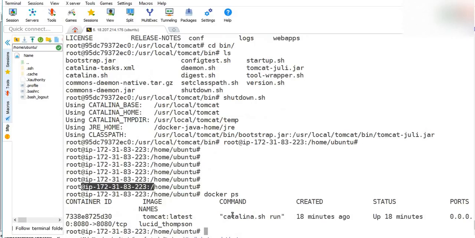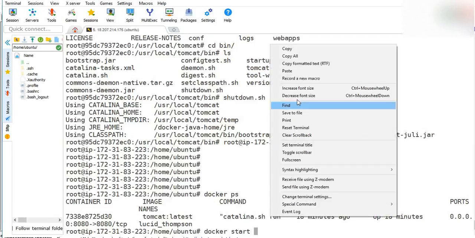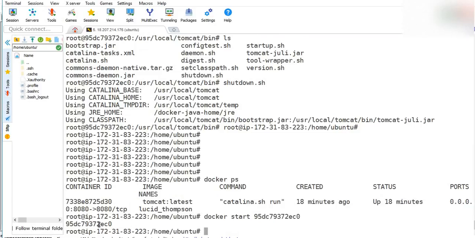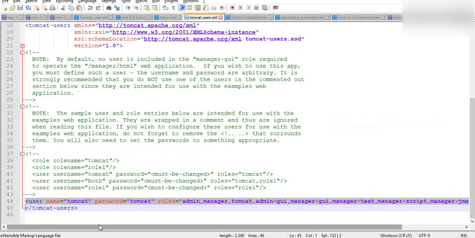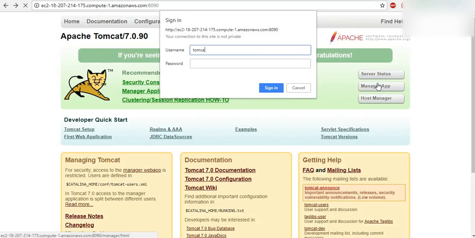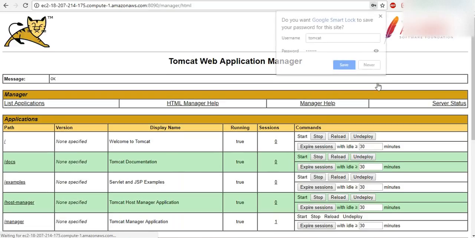I need to start the previous one once again. So I go to Docker. I already know the container ID, that is this one. Docker start and the container ID. Basically it should be docker container start, okay, yeah, it worked. Now if I come back to my browser, that was 5 on, 7 on, right? Yeah, 7 I've changed. So go to this, give Tomcat, enter inside of it. Easily understood what's happening.